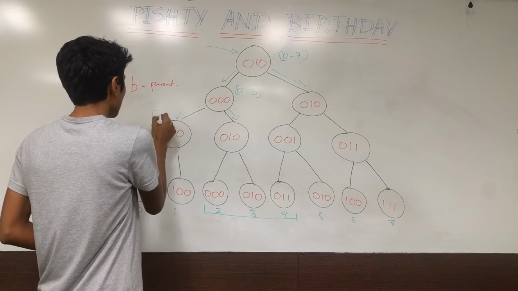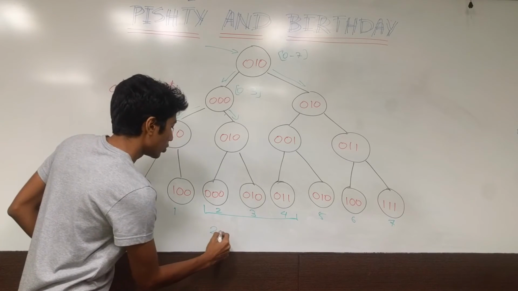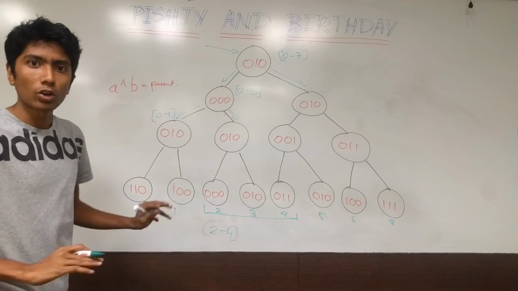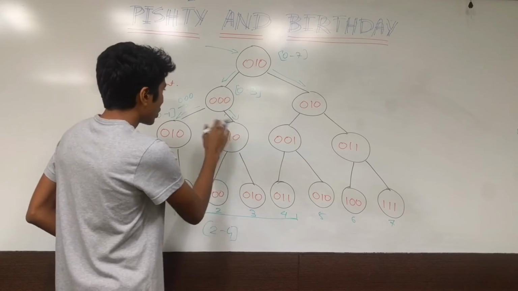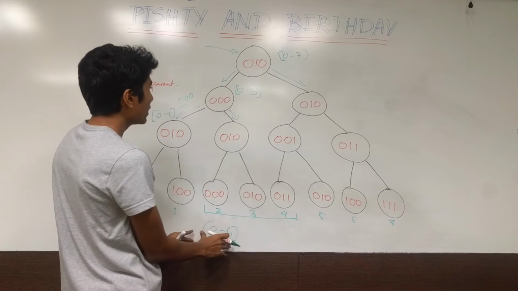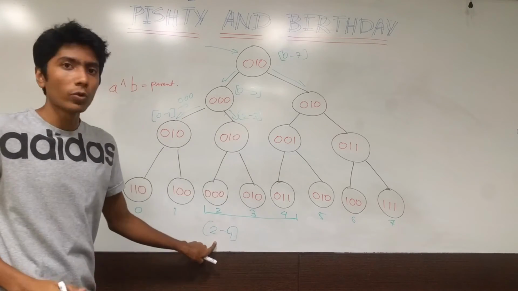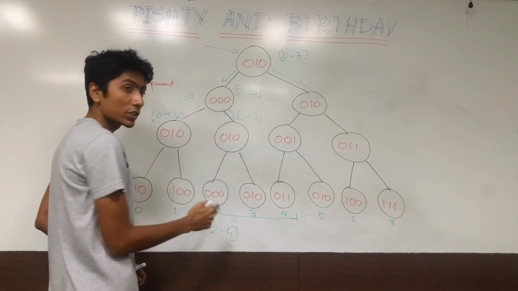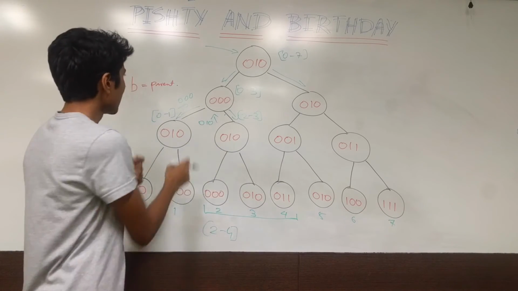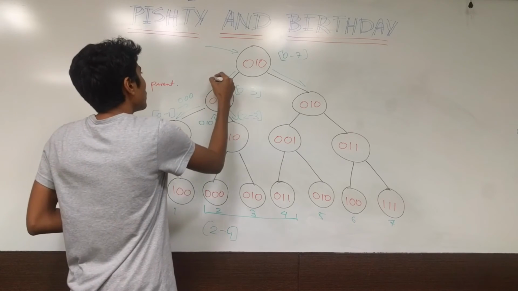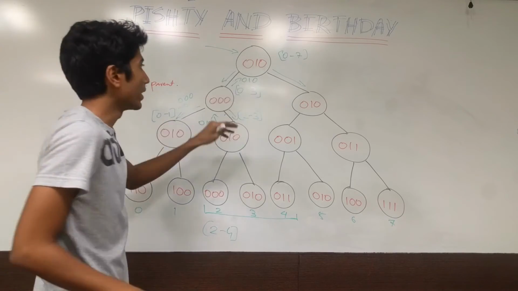This has a range of 0 to 1. Does our query lie in this range? Does 2 to 4 lie in 0 to 1 at all? Any intersection? No. So this returns a 0, 0, 0, the null element. You come down here and you see that 2 to 3 lies entirely within 2 to 4. So this element is responsible for all of its children and returns a value 0, 1, 0, the element here. XOR these two, what do you get? As return value 0, 1, 0. So that's from the left child. Right child,